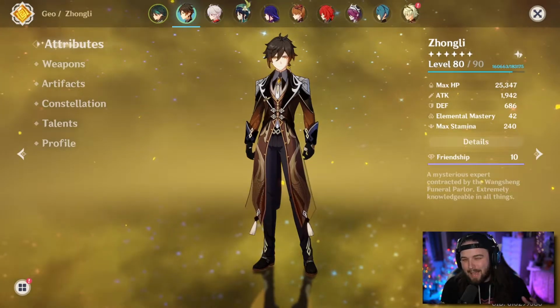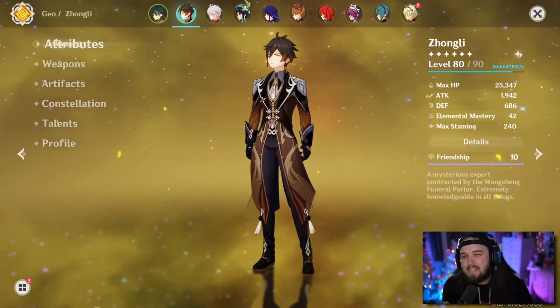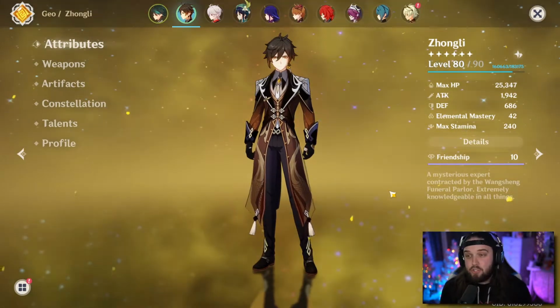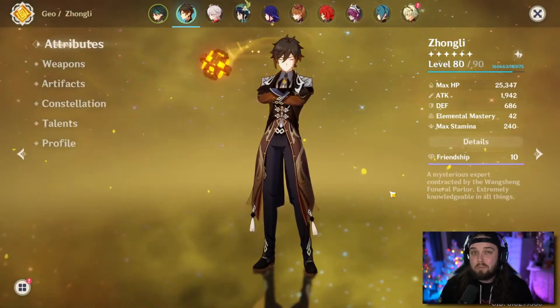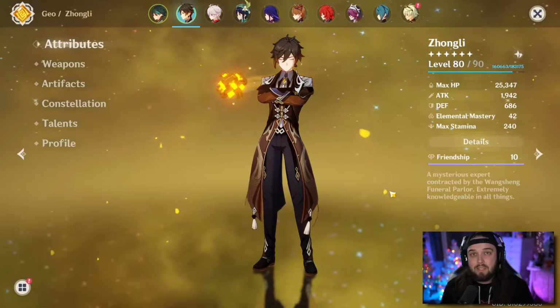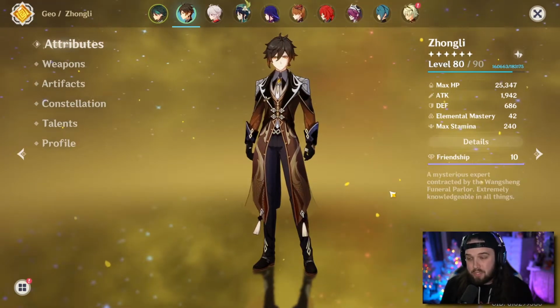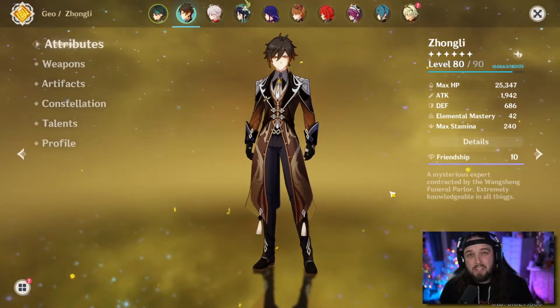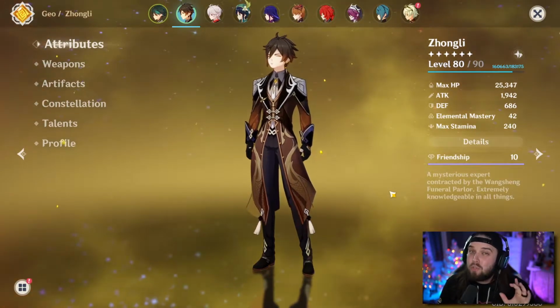And I saved the weirdest one for last because he's Geo. And if we're honest, Geo just isn't the best element. Geo's reaction allows you to make a crystallized shield that drops a little diamond on the ground. You pick it up and you get a shield, and it's based off your elemental mastery, which doesn't help anything else in your kit. It's just a weird thing that Geo does, but there are uses for Geo